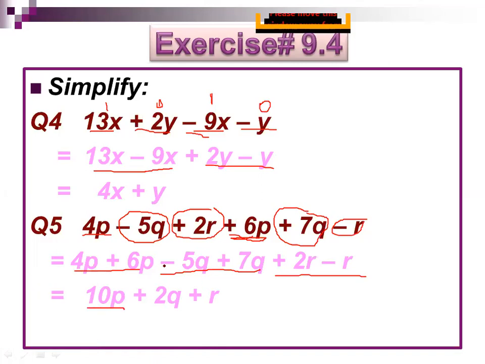And here what you have to do, you have to do minus, because this has a minus sign. So minus 5q from 7q will become 2q, but the sign of minus will not be placed here, the sign of plus will be placed here, because your 7q has the plus sign, that is your larger term, so we are going to write plus here. And 2r minus r will become 1r. We are not going to write 1r, we will simply write r, and the answer is plus r. So 10p plus 2q plus r is the final answer.